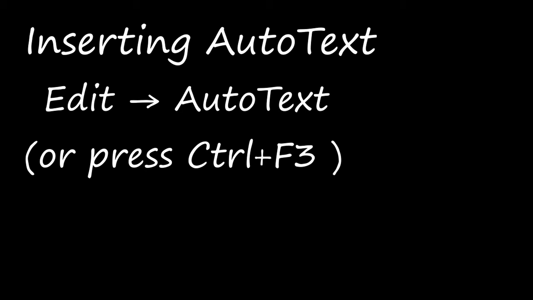So click on the inverted arrow in the auto text button on the right, and then select new, and from there you can give that text from that menu, and then click close to return to your document, right? Once this entry is created inside auto text, wherever you place the cursor, you can just press Control and F3, then select the name from the list of entries, and click insert, so that the text will be inserted automatically. This is auto text, right?